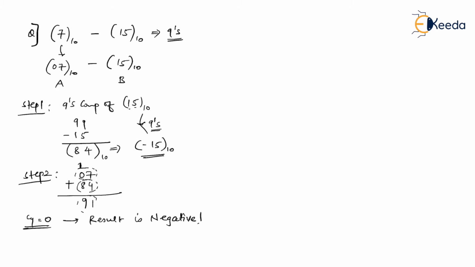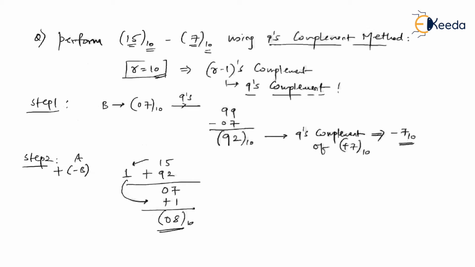And guys, it is common sense. Check it out, the question. If it is 7 minus 15, the result has to be negative. And it's a proof that since carry equal to 0, in our steps it was written, if the carry equal to 0, result is negative and not in the true form. What is meant by not in the true form? Come on. 15 minus 7. Suppose if I do 15 minus 7, I'm getting positive 8. If 15 minus 7 happens to be positive 8, 7 minus 15 should result into minus 8 only. Yes or no?